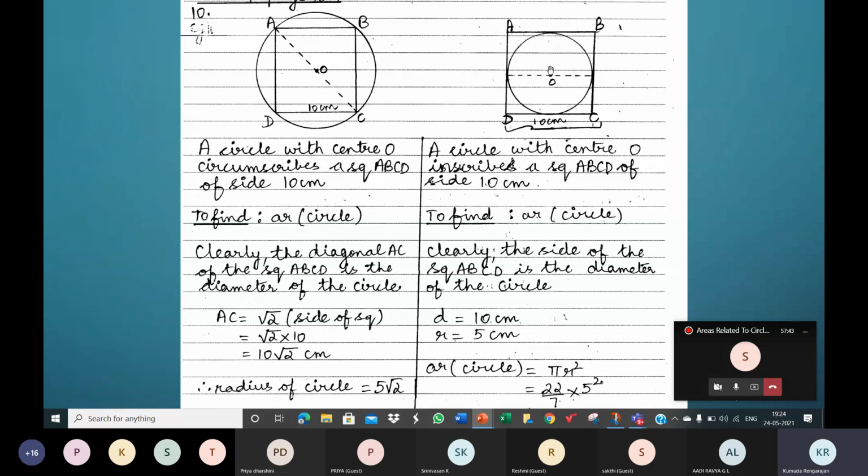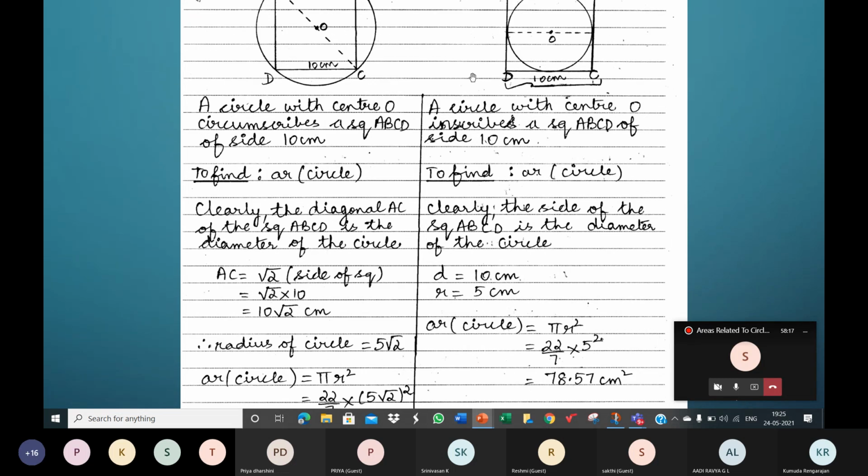In this case, the side, again, I think it's the same question. Yeah. So for the circumscribed one, what was given? Okay. So here the circle is inscribed in the square. The side is given to be 10 centimeters. Now the side, 10 centimeters of the square, is the diameter of the